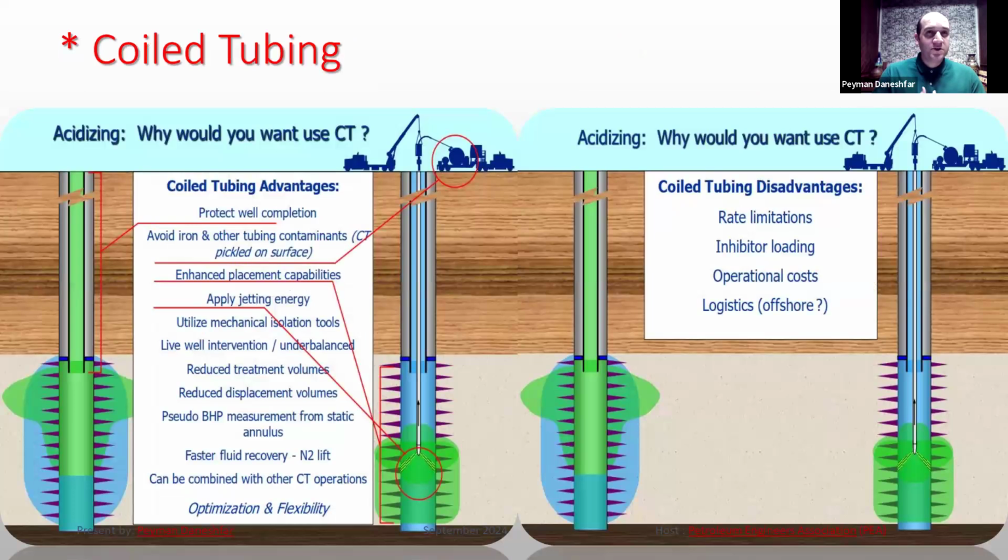Here is some information about coil tubing. I think that we all know about coil tubing. Some benefits of coil tubing: protect well production, avoid iron or other contaminants, enhance placement, apply jetting energy, use for long intervals. But I don't believe this one, because when the coil wants to reach a